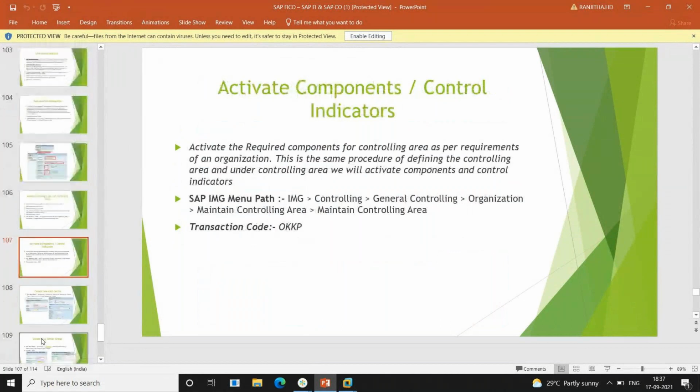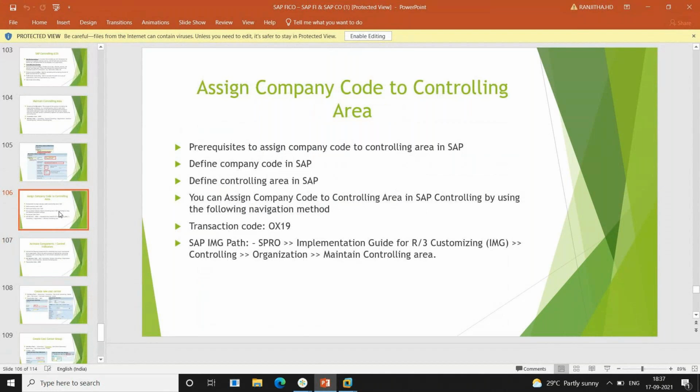So what we did for the assignment, you can go directly to the assignment: go again to controlling and click on the assignment.